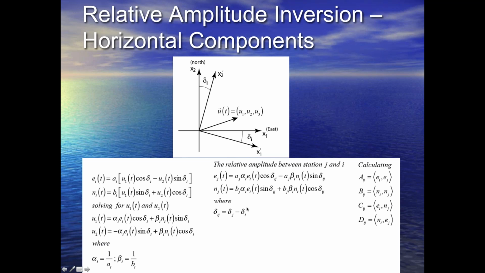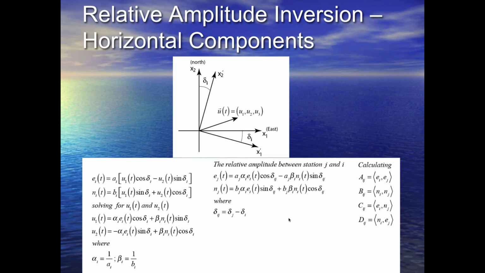Ignore the math. The important thing is that we have the relative amplitudes between all the other east-west components and the reference east-west and north-south components of our reference station. We take all the seismograms, take all these zero lag correlations of the seismograms, and pose an inverse problem to find all the relative